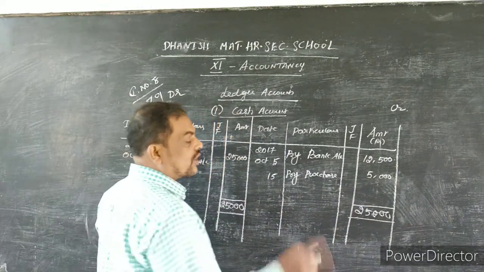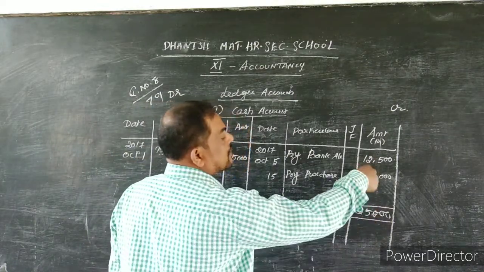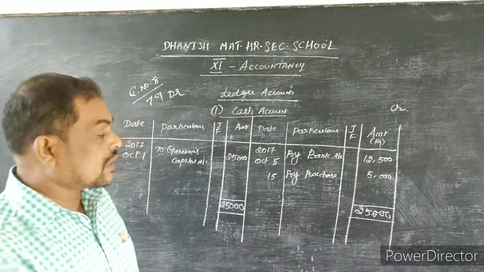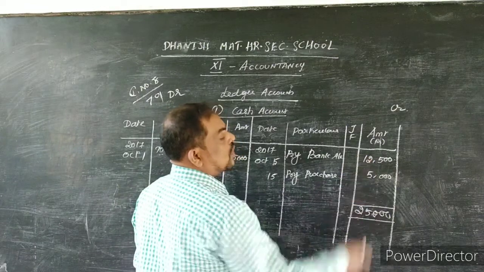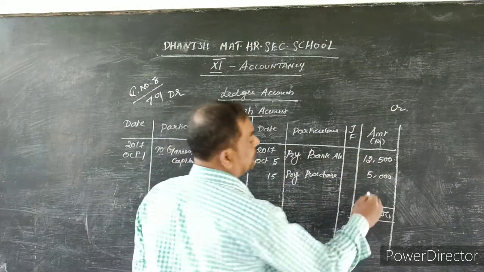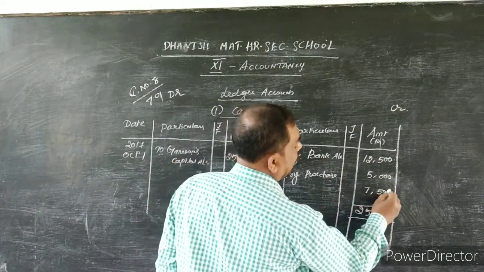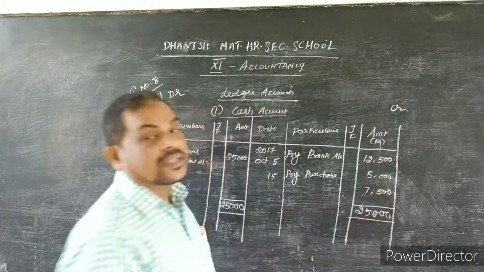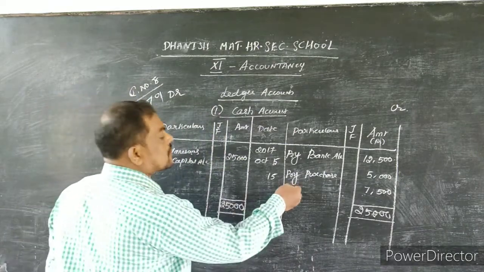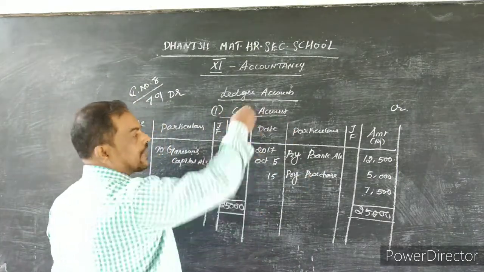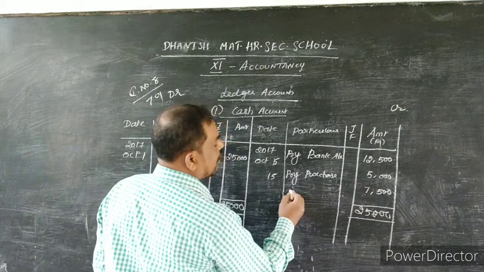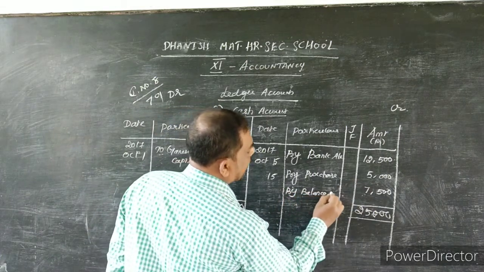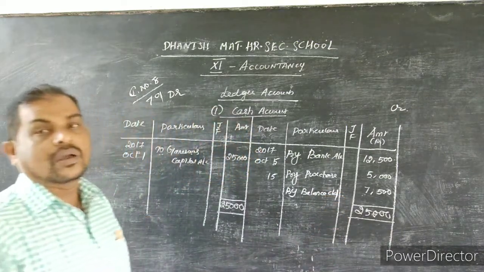While balancing, from 25,000 we must deduct the amount available, that is 17,500. From 25,000 we have to deduct these two, and we get the balancing figure 7,500. For adjusting 25,000, we have to put 7,500. This 7,500 is the closing balance of cash, because we are preparing the cash account only, no? So the closing balance, I already told you, must be named as by balance carried down.